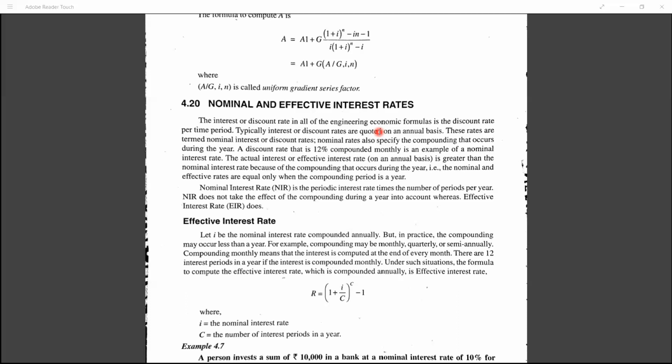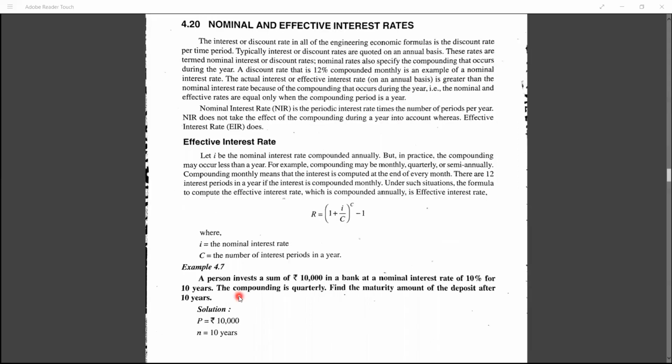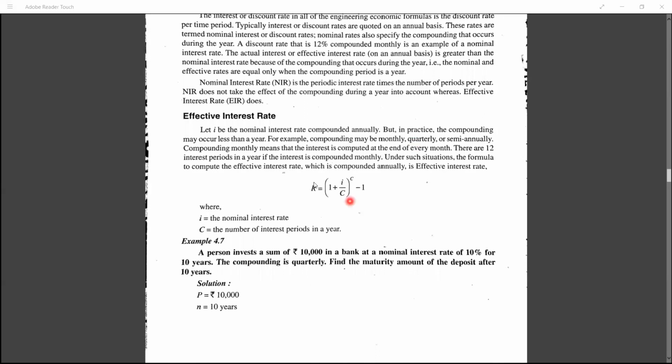Generally, these interests are calculated based on nominal interest and effective interest. The effective interest rate will be quarterly, monthly, or half-yearly, semi-annually. If I am taking for 4 months, I need interest for 4 months only, so whatever interest I get for 4 months, I will calculate. If for 6 months, whatever interest I get, I will calculate. For semi-annually or annually, for 12 months, you can keep it also. But I request all the students to write all the formulas on a piece of paper and refer to it daily so that you may not forget in the examination.